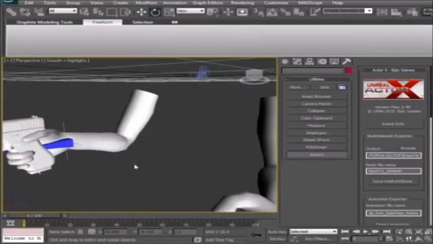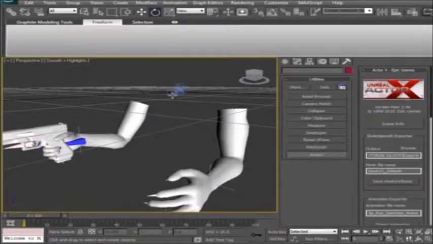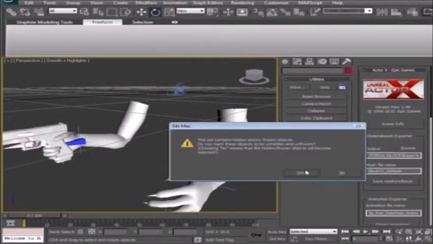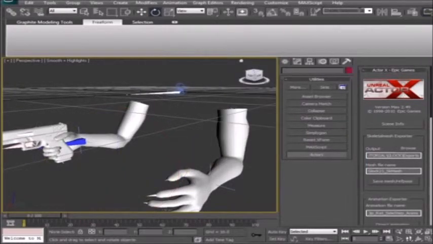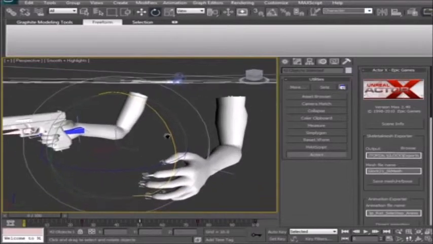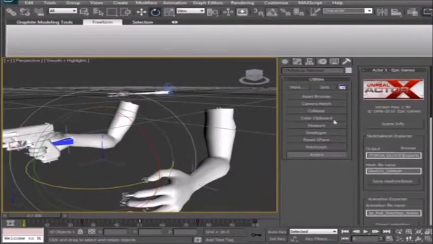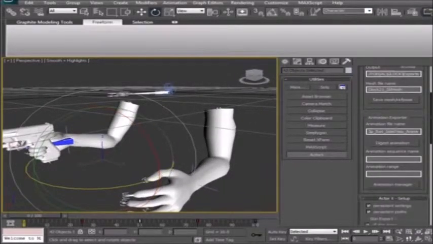Now what I can do is export this animation just to test, and again, I only need the bones. Say yes, unhide all, unfreeze all, just to make sure, and then click my character, which gives me my 42 bones. Now I can set my animation file name, and this is going to be 1P arms Glock